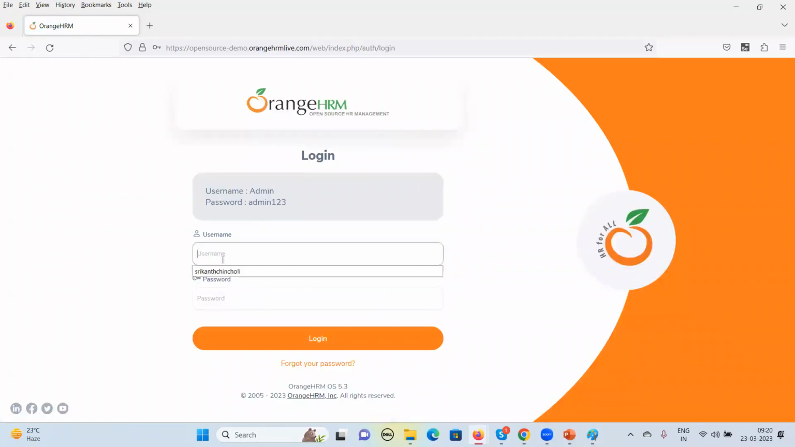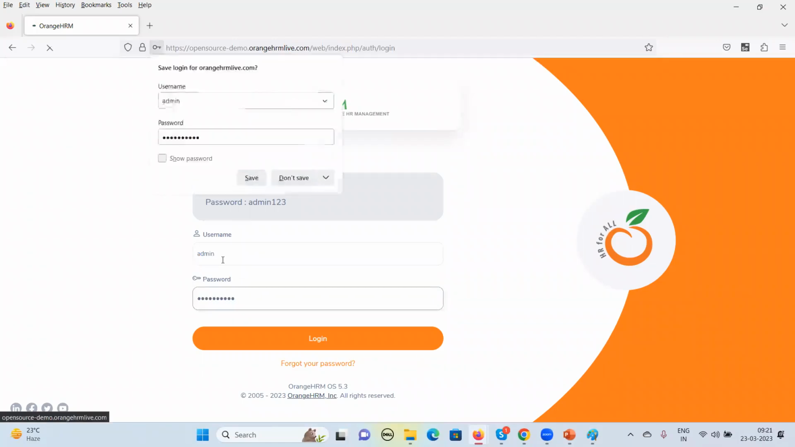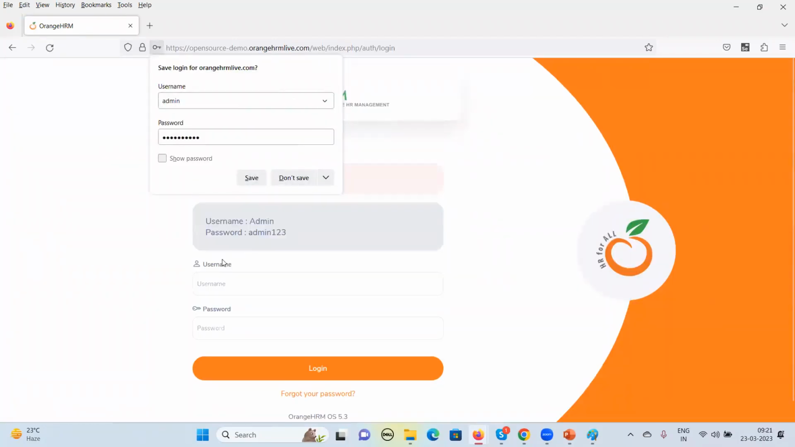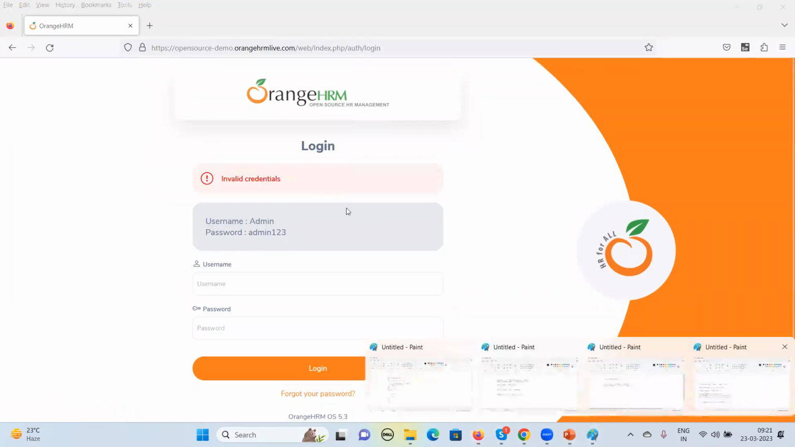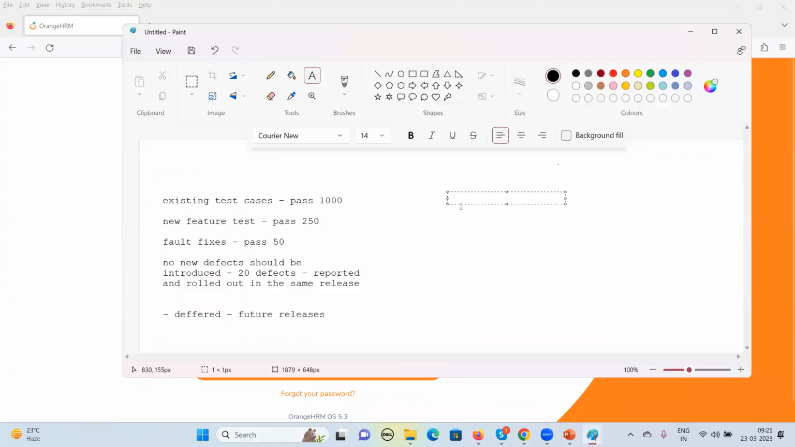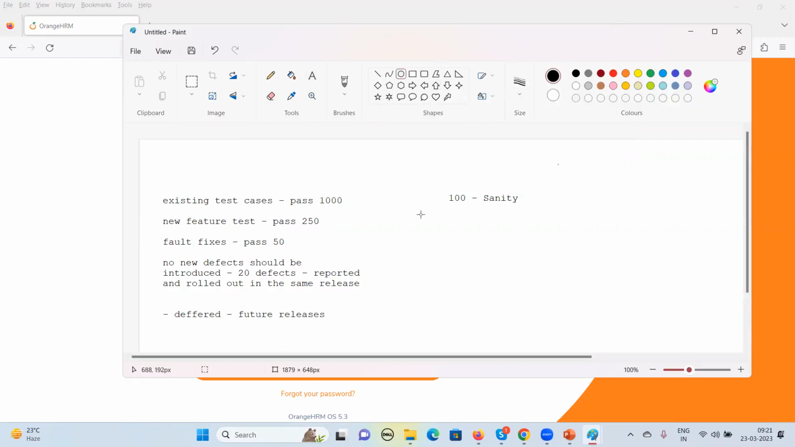I'll log out and do it again. Admin123456. I consider this a valid username and password, but I'm not able to log into the application. So what I did as part of sanity testing is I just took some test cases, like out of these 1,000 test cases, 100 test cases are taken as part of sanity testing. That is nothing but